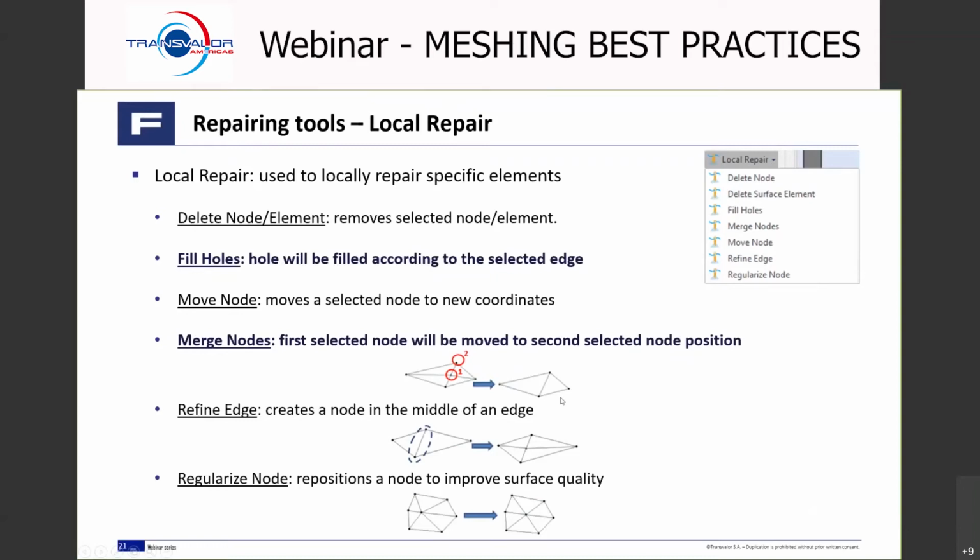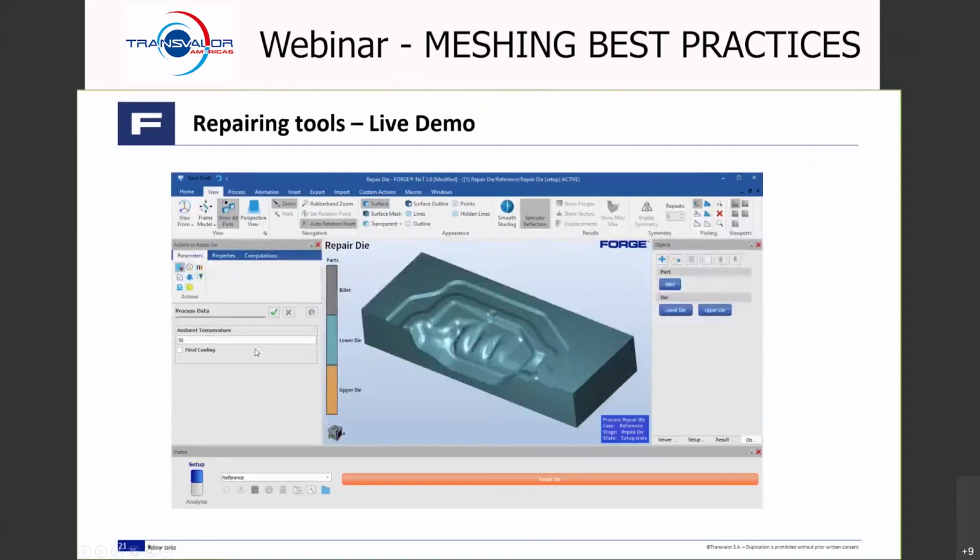Merge Nodes, as you can see in this picture, will delete the extra fold, moving the first node to the second node. This is the best way to remove faults because you have a lot of control over it. I'll show you in the live demo now. But this is normally more accurate than using the global repair tool. It just takes some time if you have many faults, but it's perfect to fix one or two faults that you might get from your CAD software. Now I'm going to go ahead and show you